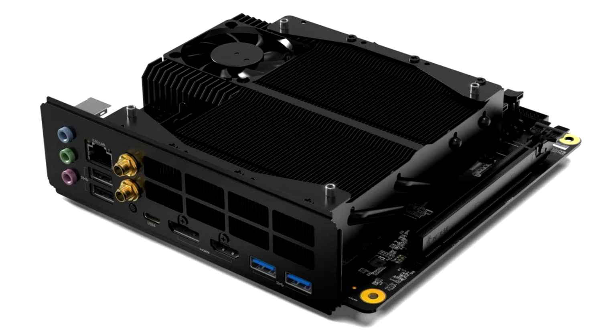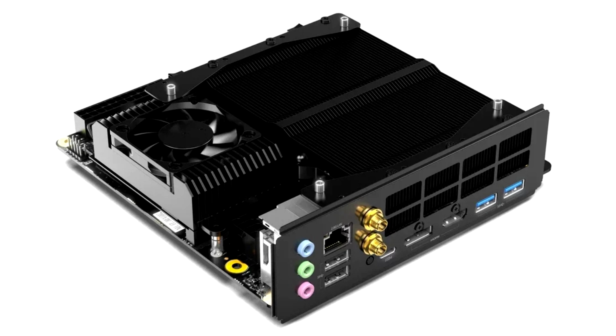Minisforum has today introduced a brand new MoDT, mobile on desktop, motherboard, which comes with several pre-included components like CPU and heatsinks all over the PCB. The new motherboard is the BD790i, which features AMD Zen 4-based Ryzen 9 7940HX CPU, featuring 16 cores and 32 threads. The Minisforum BD790i is one of the cheapest motherboards with a high-performance Zen 4 mobile CPU, which only costs